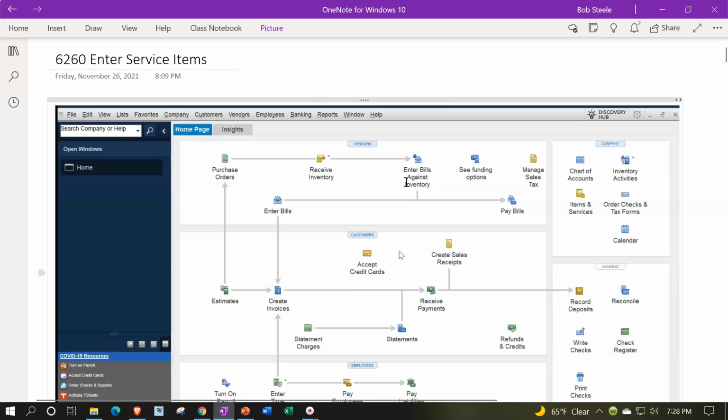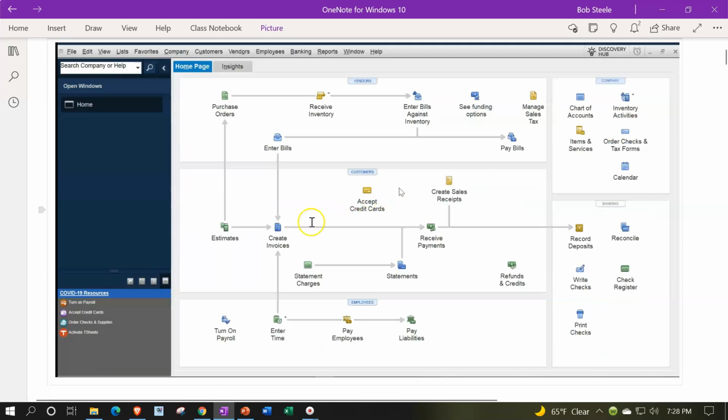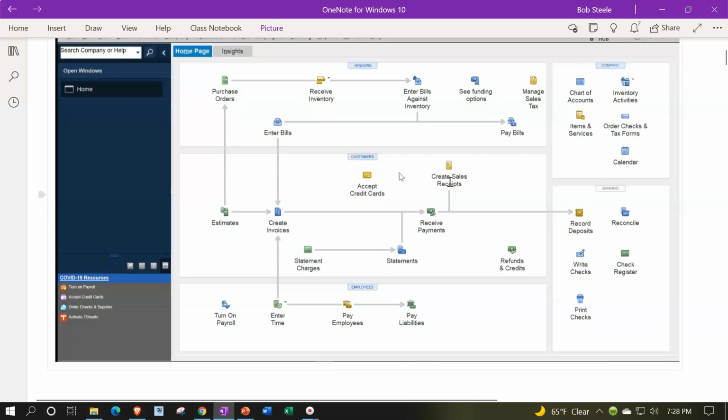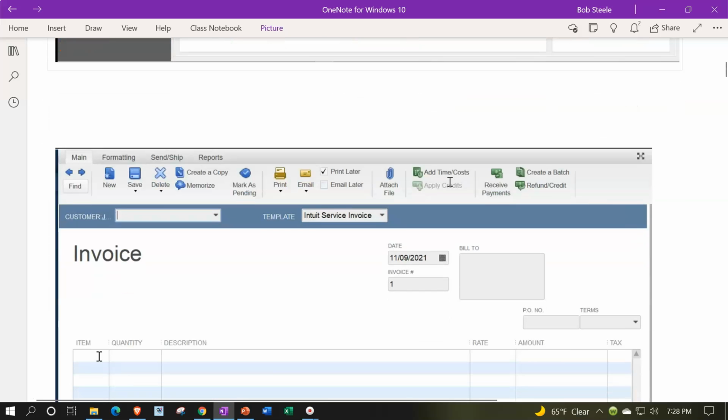Service items are going to be the items that will be needed when you populate things such as invoices and the sales receipts, which represent us selling services but not goods. In other words, inventory will not be tracked with the service items to customers. This will be the precursor to us thinking about entering the inventory items, which will be a little bit more